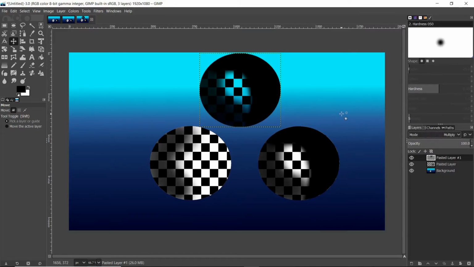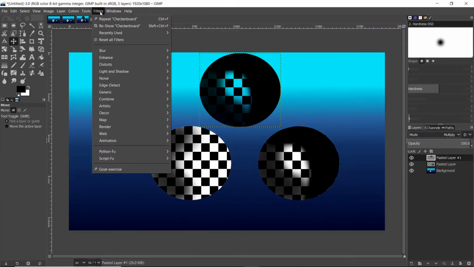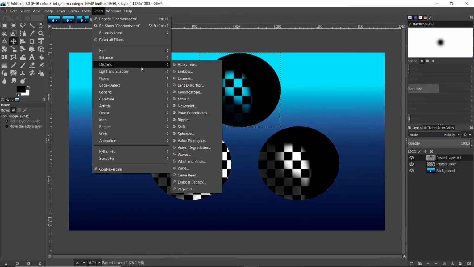Another quick, cool couple little things are filters. These things are a blast and you can do all sorts of cool stuff with them. So, we still have this top layer selected. I'm going to select filters. We'll go down to distort, and all of these are fun. I'd say just play around with them. Obviously, I can't show you what each one does. But let's try